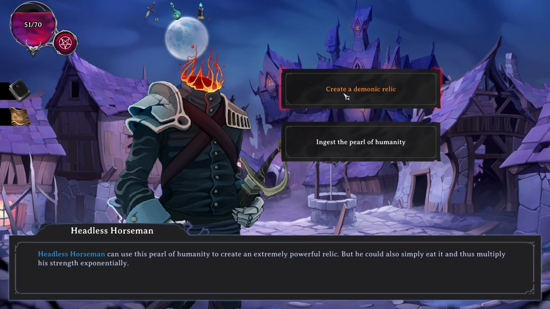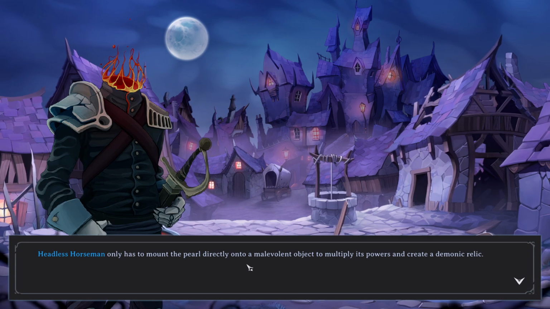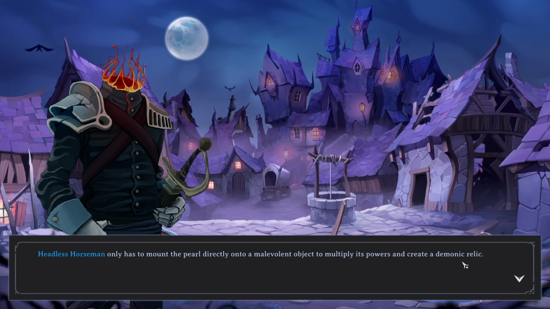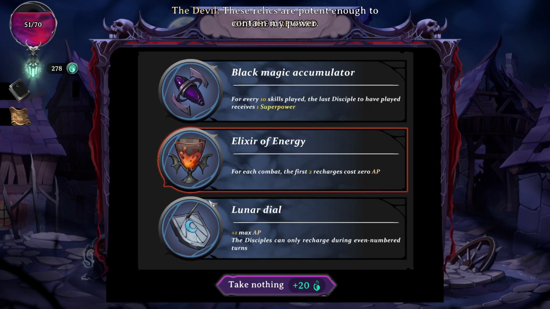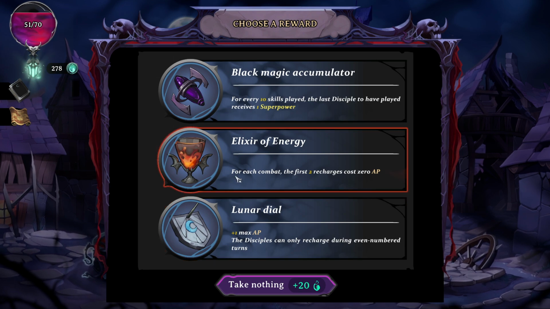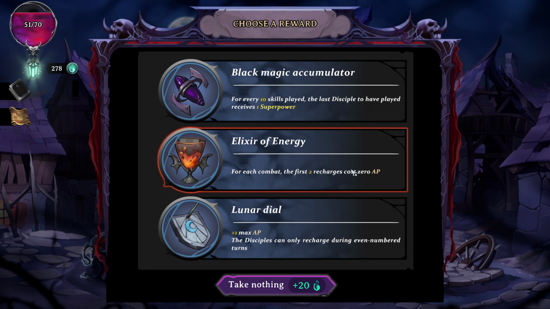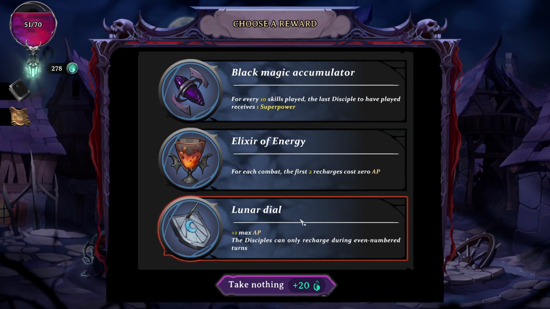I guess relic? This is most likely skill. Let's go with relic. I want a relic. Only has to mount the pearl directly into a malevolent object to multiply its powers and create a demonic relic. These relics are potent enough to contain my power. Yeah, are they? The disciple can only recharge during even turns. For each combatant, the first two recharges cost 0 AP. I guess this. I'm not stoked about this, but...